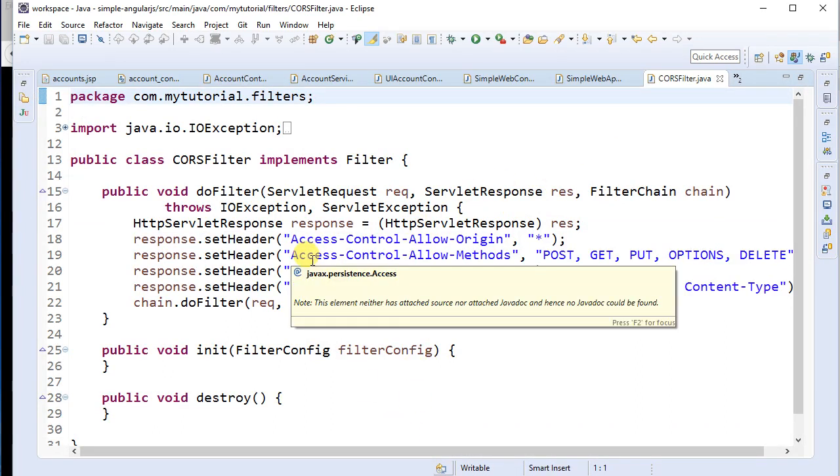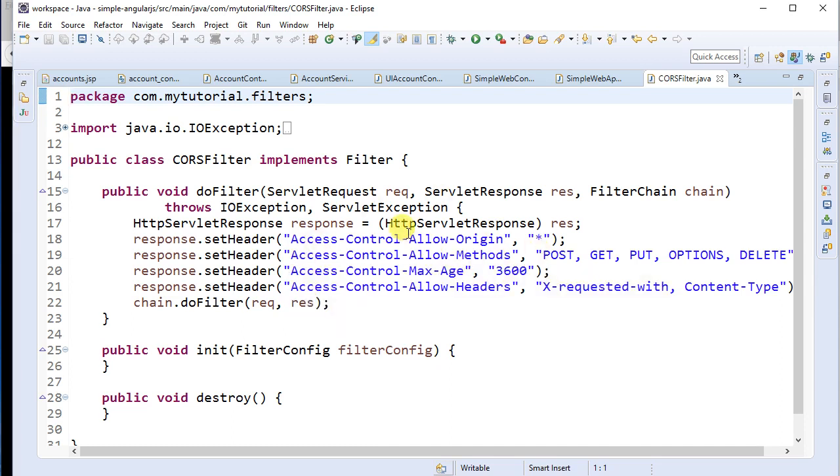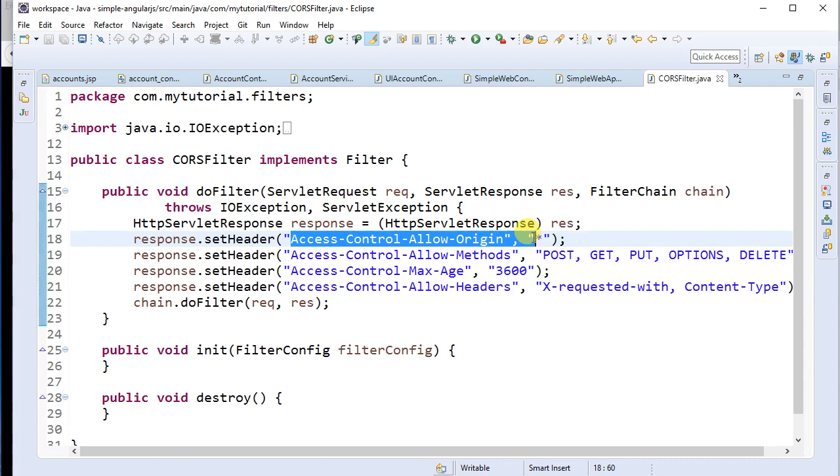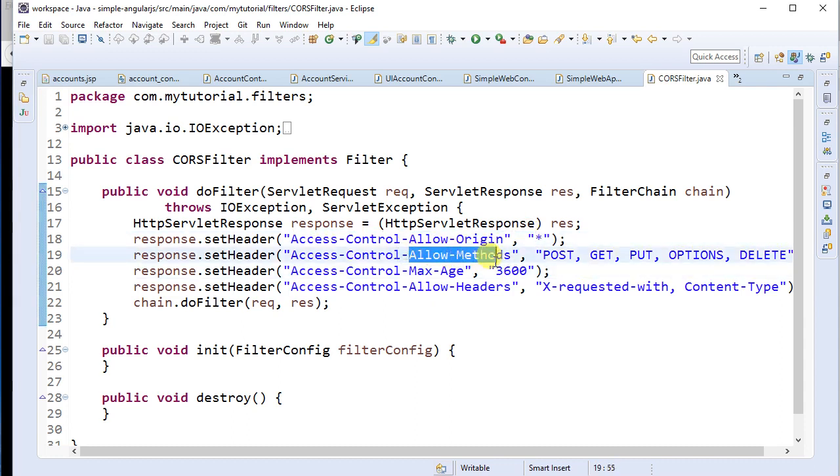So when we download the JSP page, it's allowing cross-origin requests to these methods, but you can basically tighten this. You can set the header, and at the moment I'm using an asterisk, a star, that means for every domain,